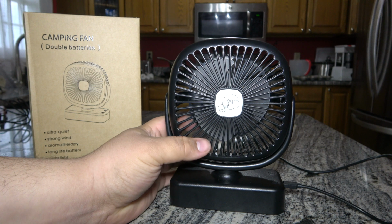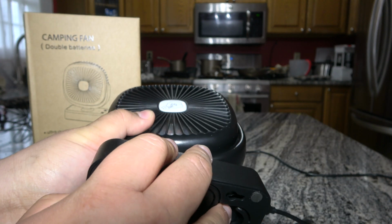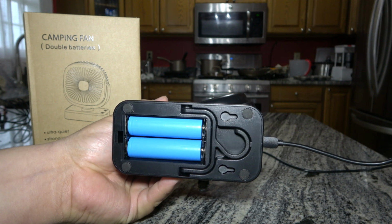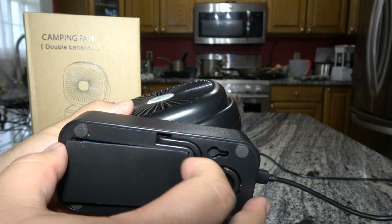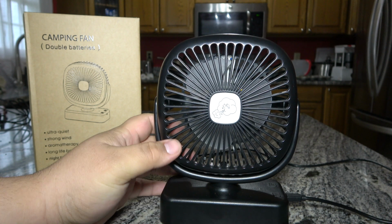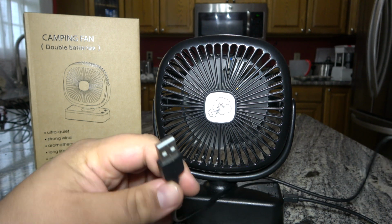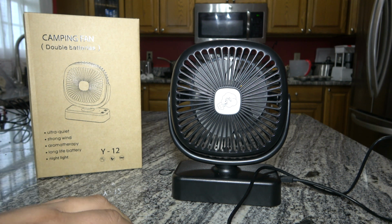And instead of just using one 18650 like I've seen other models of these fans use, they use, wait for it, two 18650 batteries, which is a huge improvement for the lifespan of the fan per charge, which, yes, they can be charged without having to have a separate device to charge the batteries. I have a 18650 battery charger that I use for all my rechargeable batteries, but as long as you have a USB cable, which it does come with one, you can charge the batteries directly through whatever phone charger you want just by keeping the batteries in here, which actually leads me to my next point about why I like